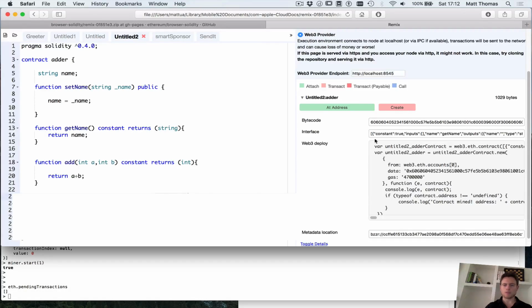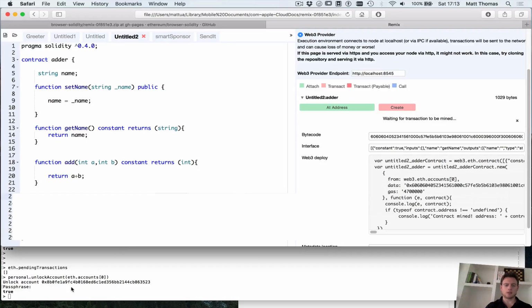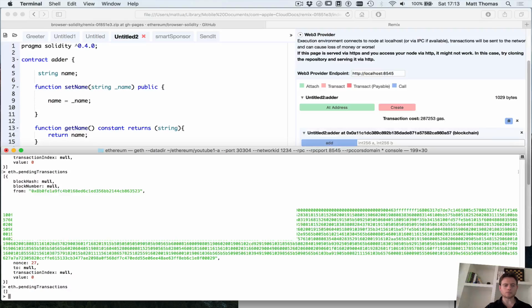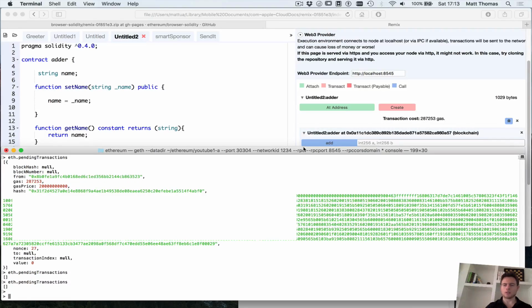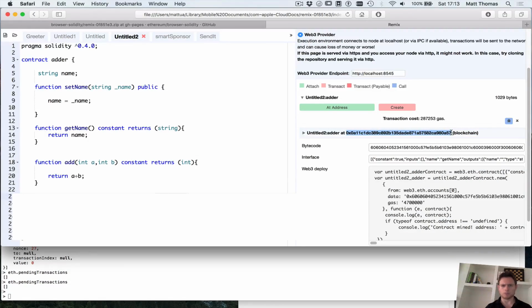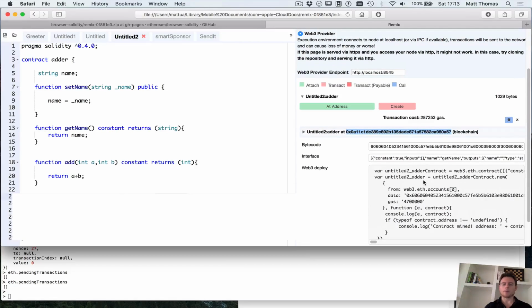So clearly it's compiling okay. I'm going to click create here, and I'm waiting for this to be mined. There you go. So it's empty, and you can see up here the contract is deployed to the blockchain at this address. I'm going to talk about what that means. Like, what does it mean that a contract is deployed at a certain address? We're going to get to that, but just to show you